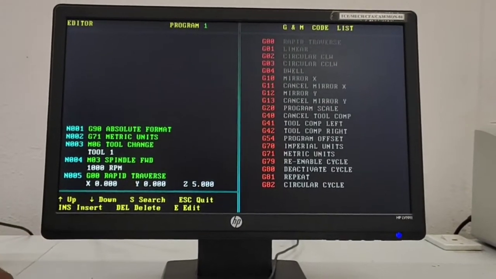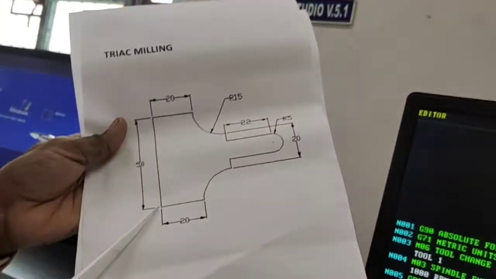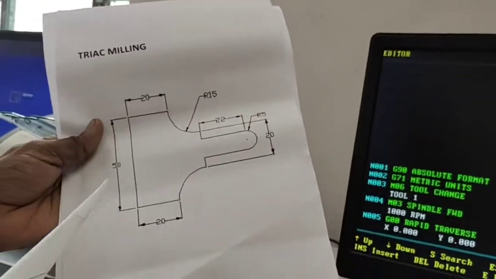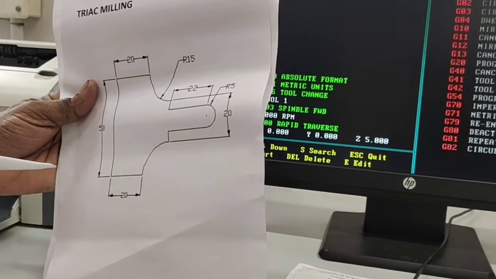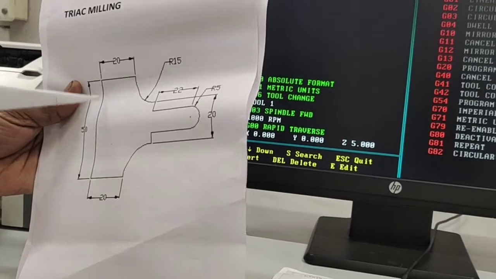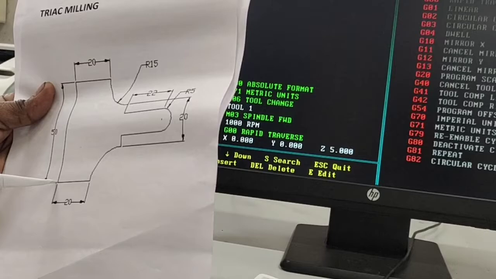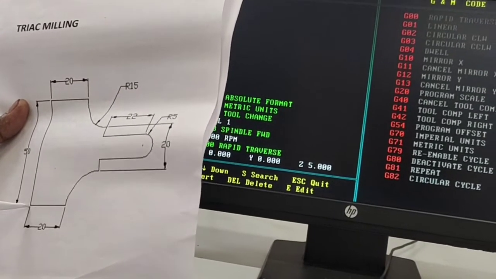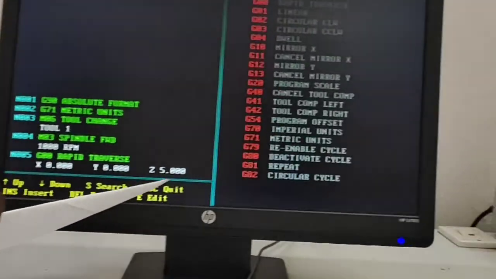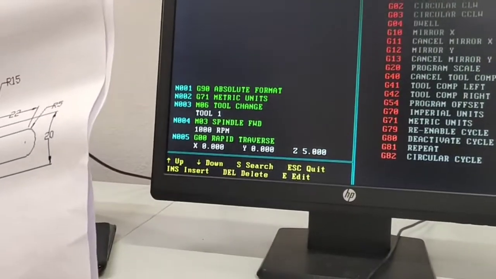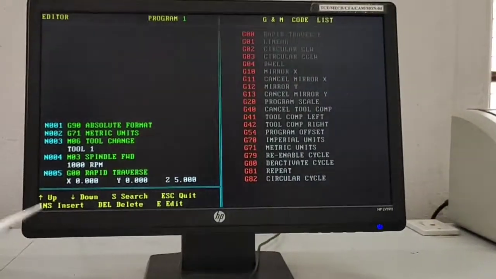So this is your plotting area. This is your working drawing. This point will be X0, Y0. At the same time, the tool will be in the top position. This is the Z-axis, and this is the plane of your X and Y axes. When the tool touches the surface, Z will be 0. Otherwise, it is a positive value. So here I am entering Z5: from the starting point, the tool will stop 5 mm above. This is the number 5.